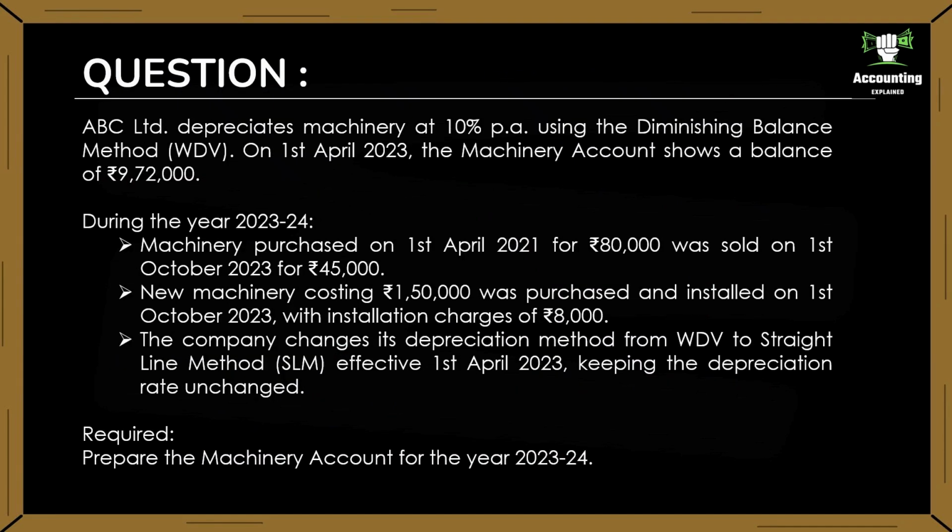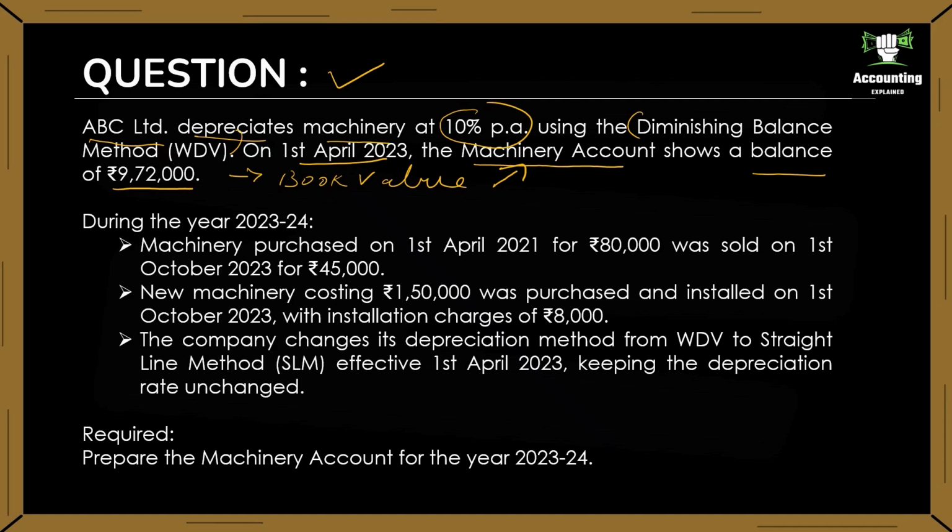Okay students, now this is the exam style question which we are going to solve today, where we are using the prospective method of depreciation for change from WDV to straight line. ABC Limited depreciates machinery at 10% per annum using the diminishing balance method or WDV. On 1st April 2023, the machinery account shows a balance of 9,72,000. This means the machinery account is showing a book value of